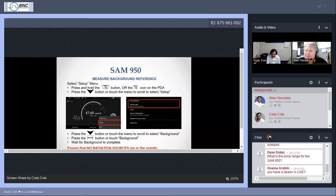We won't be able to go into too much detail on those, but it is important to know how to get to the setup menu. So if you have the device with you, and in a little bit we're going to try to do a live demonstration of how background is done. Pull up the menu, select setup either by touch or move the cursor there and press the enter button on the thumb switches. Scroll down, you'll find a section called background. When you highlight it or press enter,